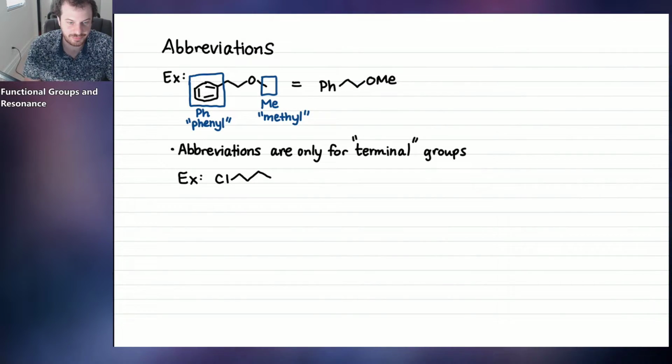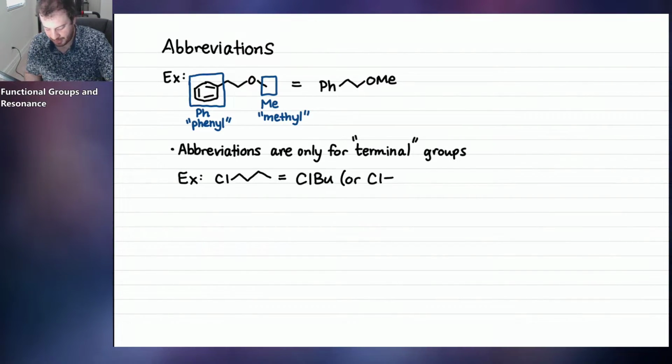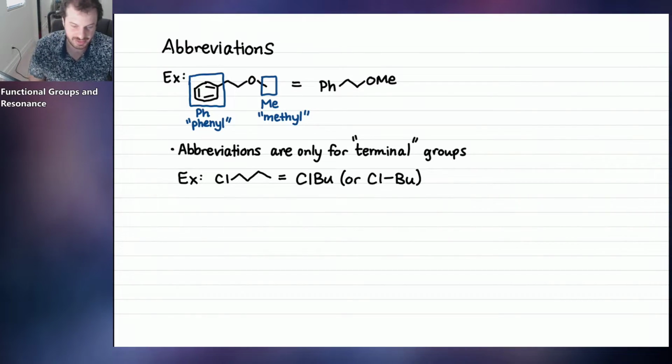This molecule can be abbreviated. We have a chlorine attached to a butyl group. So the butyl group has an abbreviation Bu. And I'm going to give you a list of all the abbreviations. There's not that many of them. There's only like 10 or so that you're going to see in this class. But the 4-carbon chain, just like the 1-carbon was called methyl, the 4-carbon chain is called butyl. And so we could abbreviate this as just ClBu or Cl line Bu. It's okay if you want to include the bond connecting the abbreviation to the rest of the molecule. You can use a line or you can choose not to use a line. It's your choice.